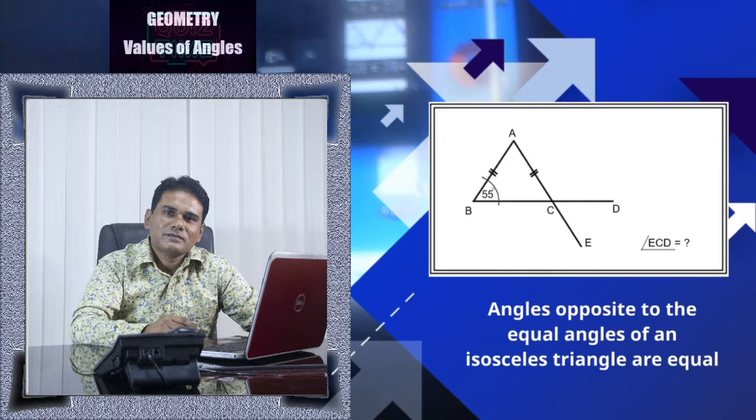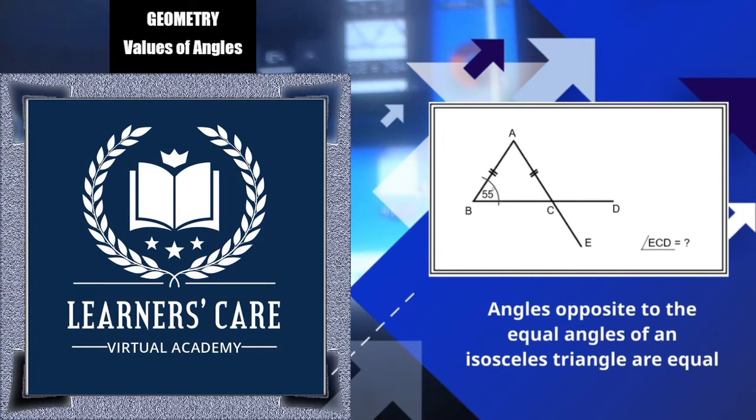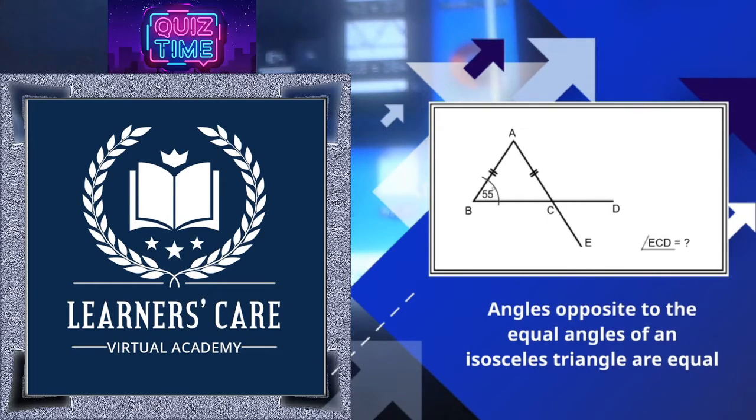The diagram indicates that the two sides AB and AC are equal, and since the angles opposite to the equal sides of an isosceles triangle will have equal value, one of the angles is given, so the other angle will be of the same value, and the vertically opposite angle ECD will have the value that ABC is shown here. Okay, next